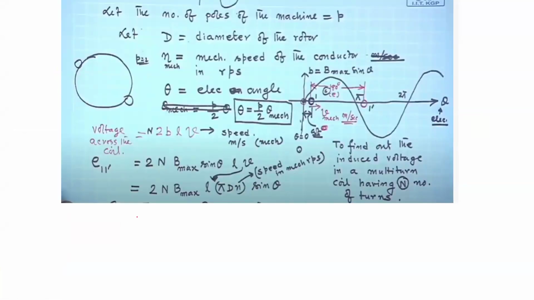Okay. Okay, this is blocking the view, right? Right. Okay. So here let us now try to see. So we know that the in a coil there are two conductors,